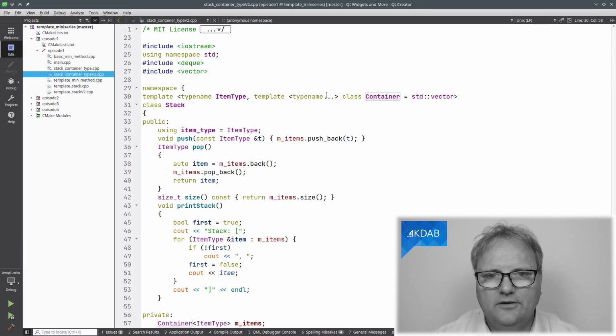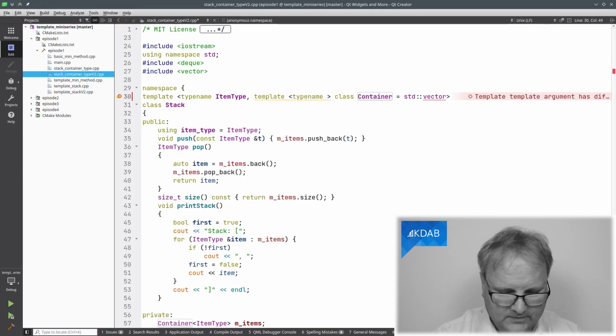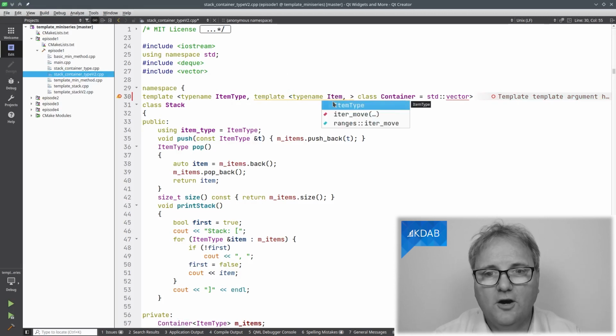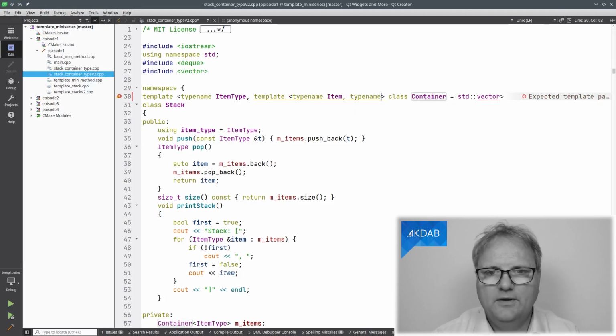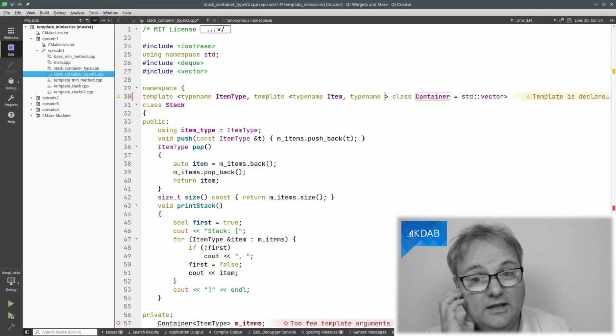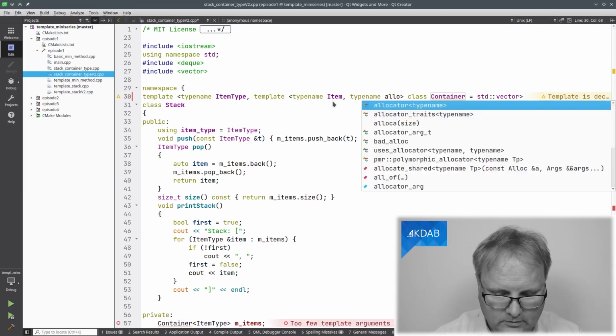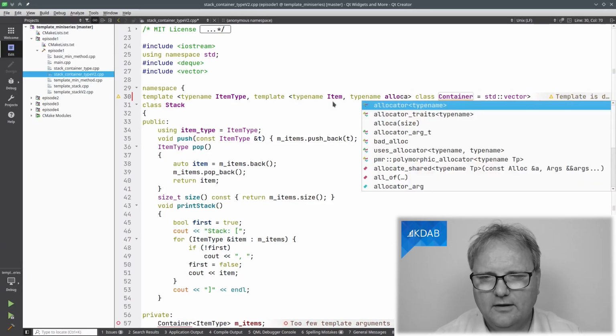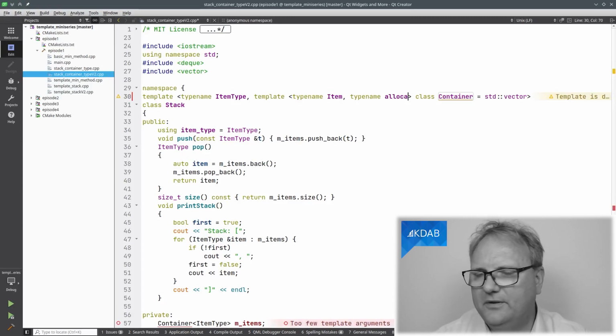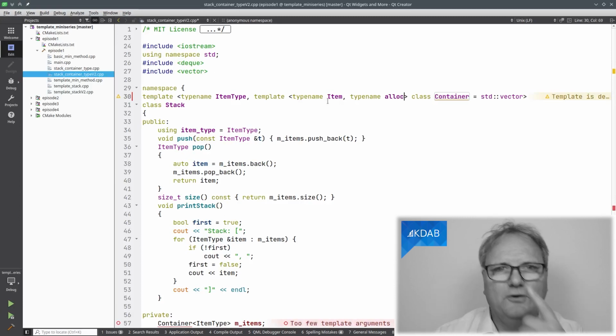So what I'm saying here is that I have a parameter which is itself a template on these parameters. And it's basically on the items, comma, typename on the allocator. I can't spell allocator. Alloc, let's just call it alloc, right?